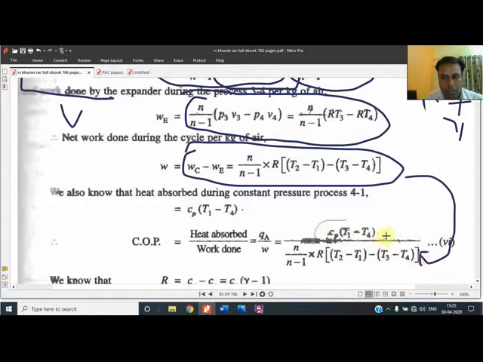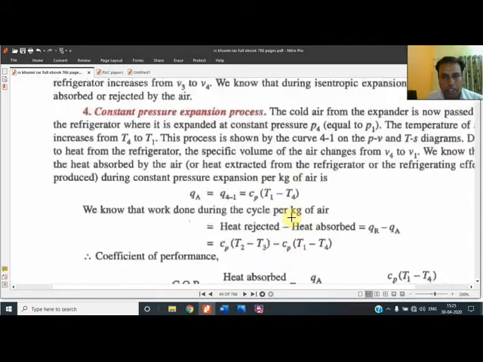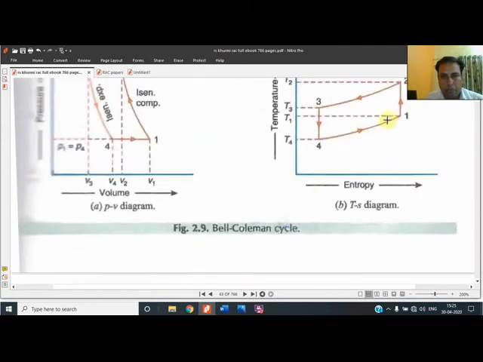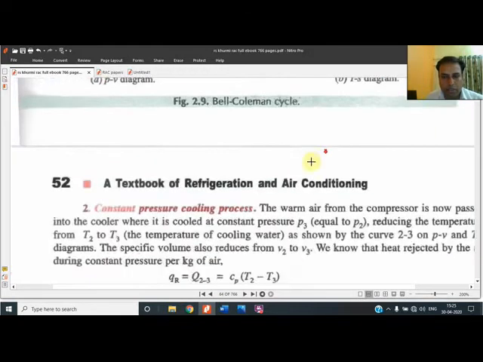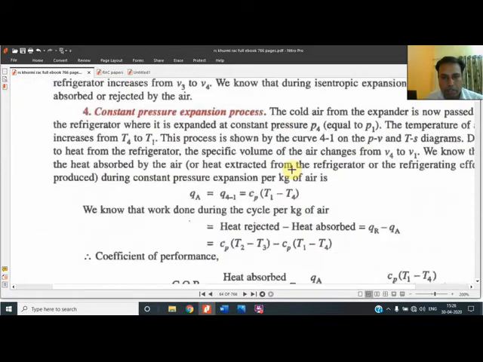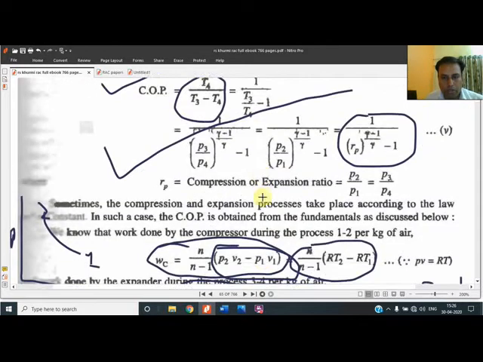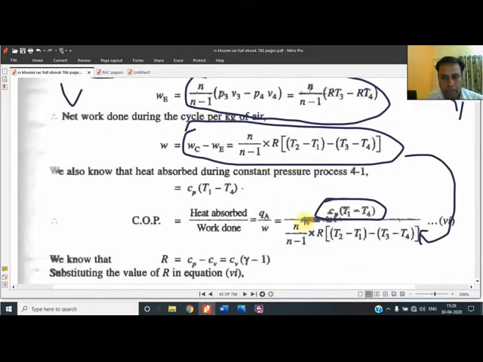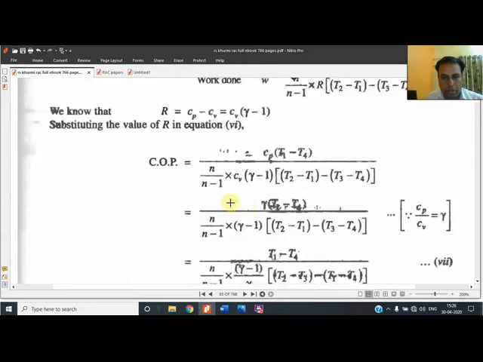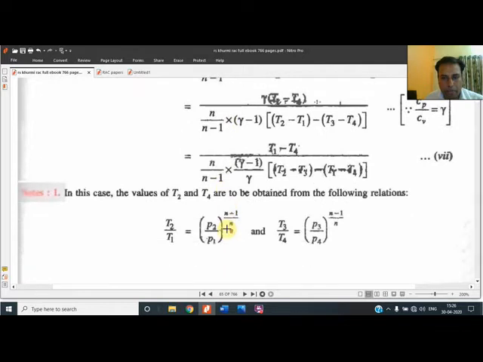And the cooling effect is known to us: it is Cp times (T1 minus T4), because cooling is done in the 1, 4 process. So Cp(T1 minus T4) is always the cooling. In the earlier question also, 1 minus 4 was the cooling. So it will sit in the numerator. It is being shown. This division we will solve and simplify, and after simplifying we get